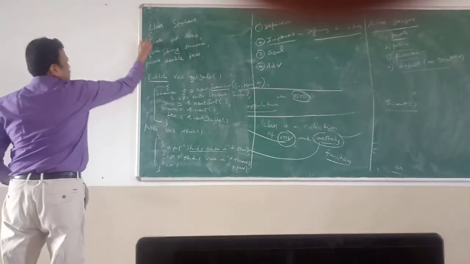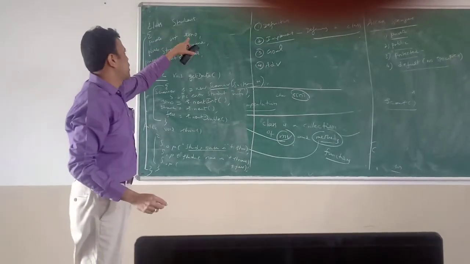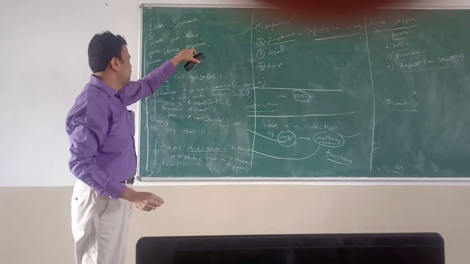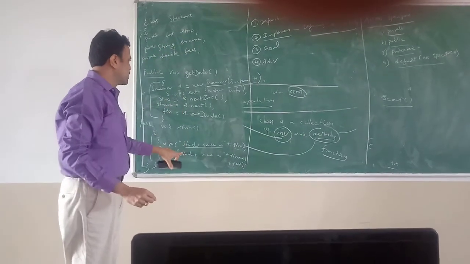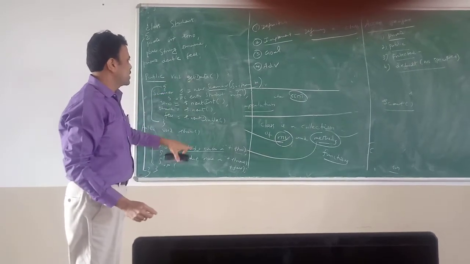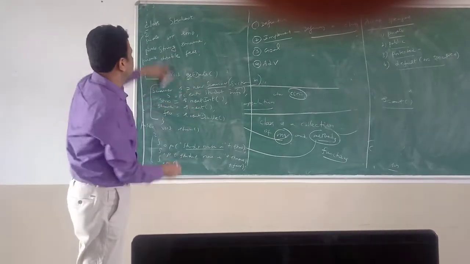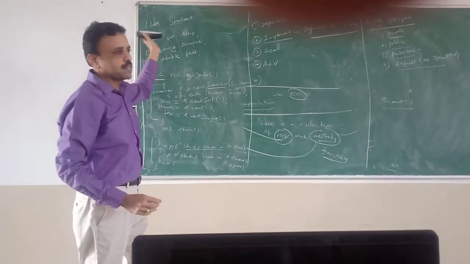So now we have defined a class called student having three member variables, three data, or we can say three states, then two methods, getData and show, or we can say two behaviors, or two operations. So now we have defined a class. So who has defined this class? The class programmer has defined this class.